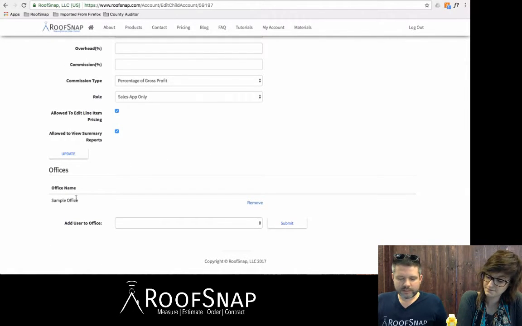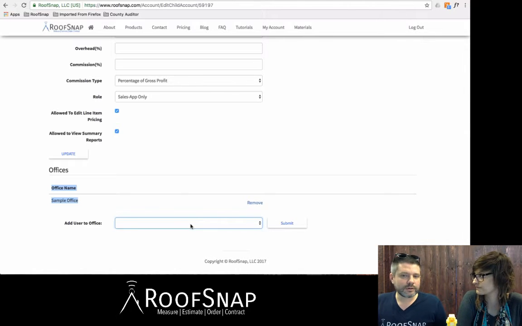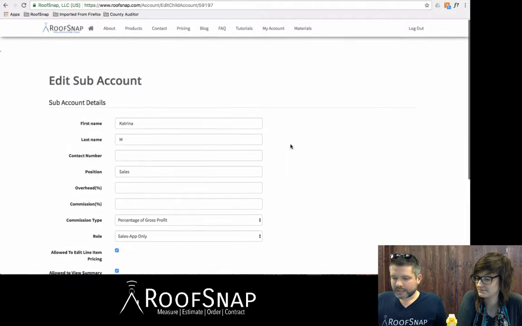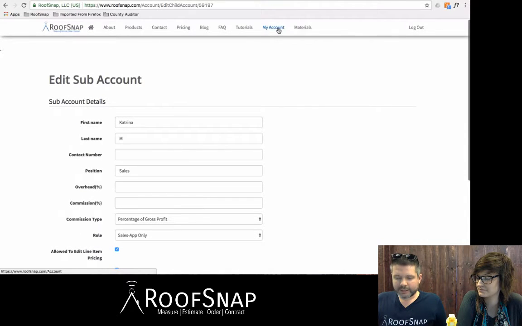Every user needs to be put into an office. And as you can see, Katrina has automatically been added to the sample office. If you had additional offices set up and you needed to give that user access to any other offices, which we'll talk about in other videos, you would need to pick that office and click on the submit button. But that's already taken care of,